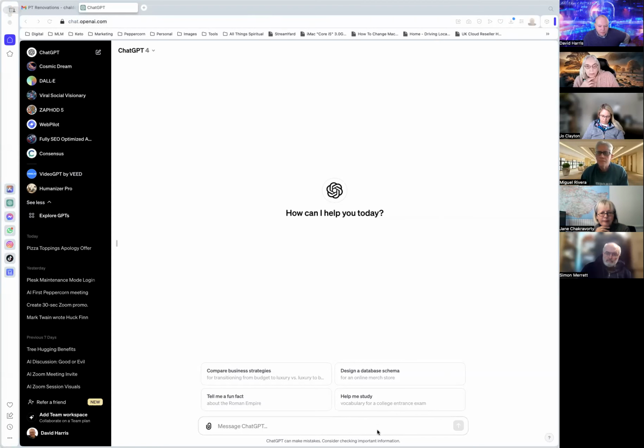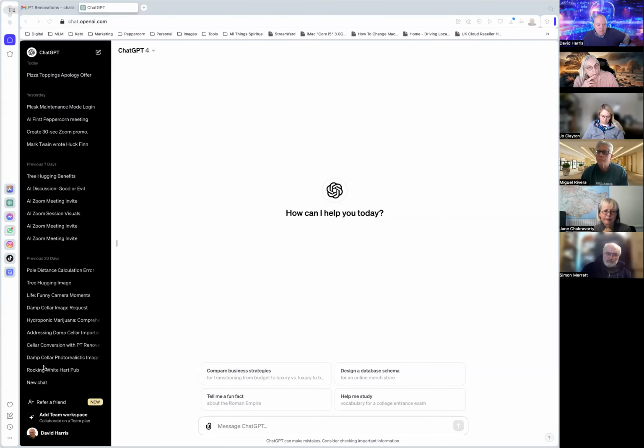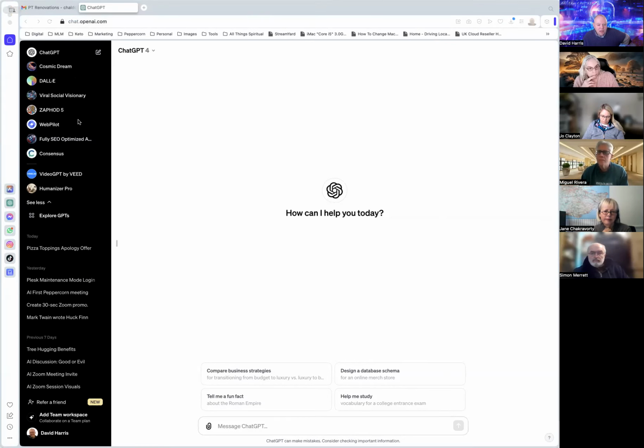At the bottom here, down this left-hand side, we have all your previous history of things that you've keyed in, and things I've been practicing on. These are other ChatGPT plugins at the top that I've saved onto my desktop, and I'll explain more about those later. Down at the bottom here, it says message ChatGPT,